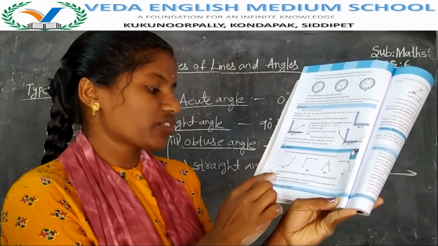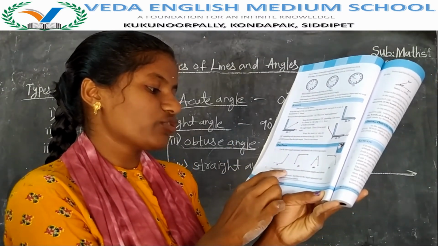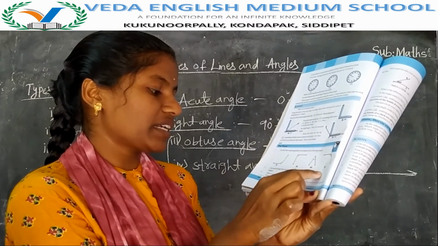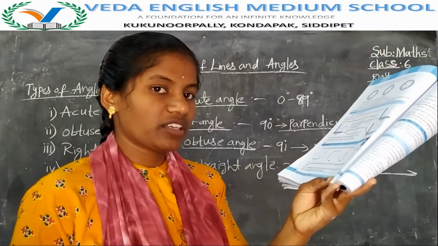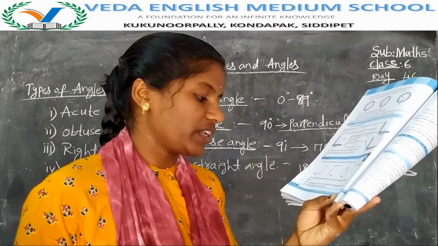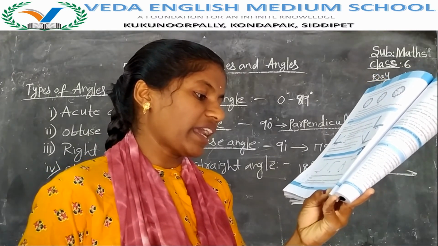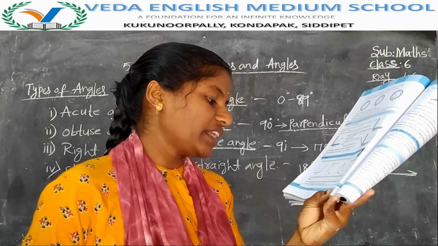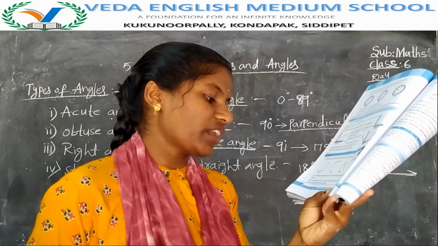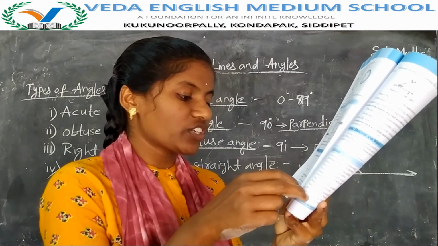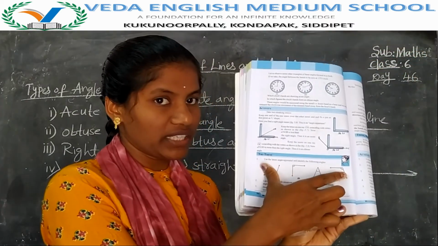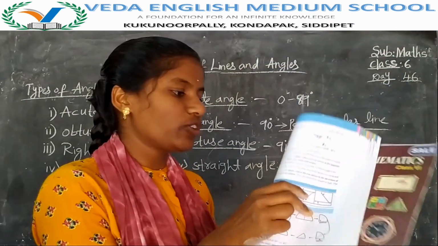Next, list out 5 daily situations where you have observed acute angles and obtuse angles. If you want to find, then find. Try to find. Next, draw some angles of your choice. Test them by the angle appearance and write which are acute and which are obtuse. Just write these names in your textbooks only and send to me.